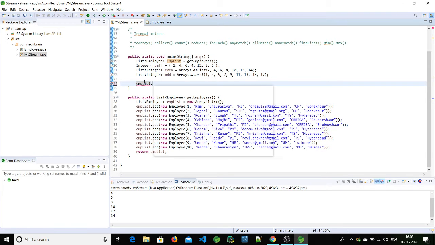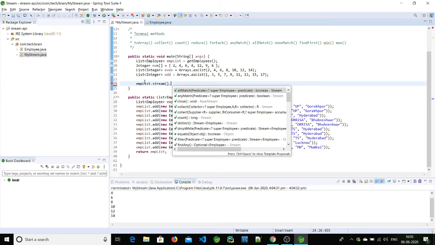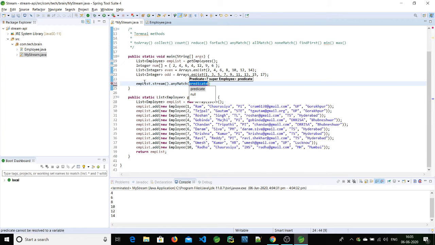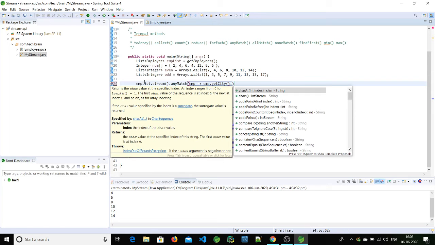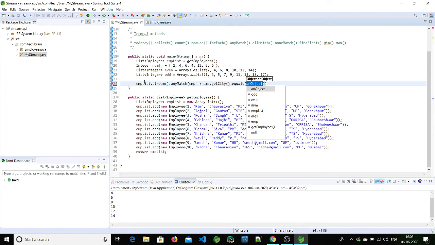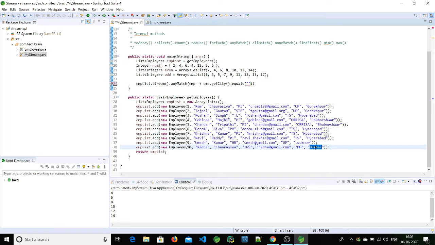On this employee list I'm creating a stream. On that I'm calling anyMatch. It expects a predicate. Here the predicate specifies the condition on which we try to match a record. For this employee, dot getCity, and here I'm trying to get Mumbai, equals, to find out if any person belongs to Mumbai or not.